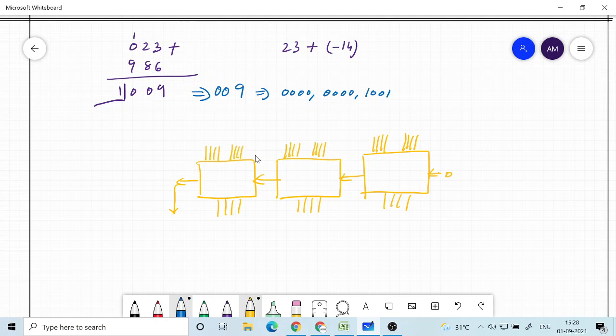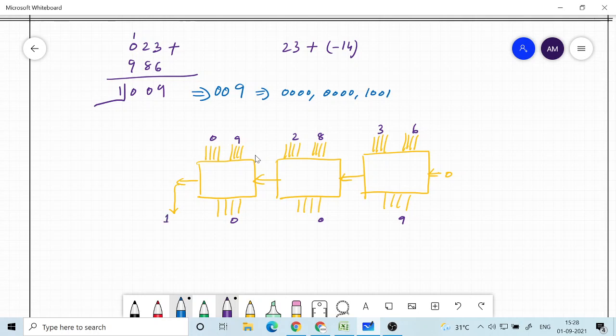So in this particular example, here you have 0 2 3, the code corresponding to 0, 2, 3, and then I have the code corresponding to 9 8 6. Finally I will get 9 0 0, and here it will be 1.